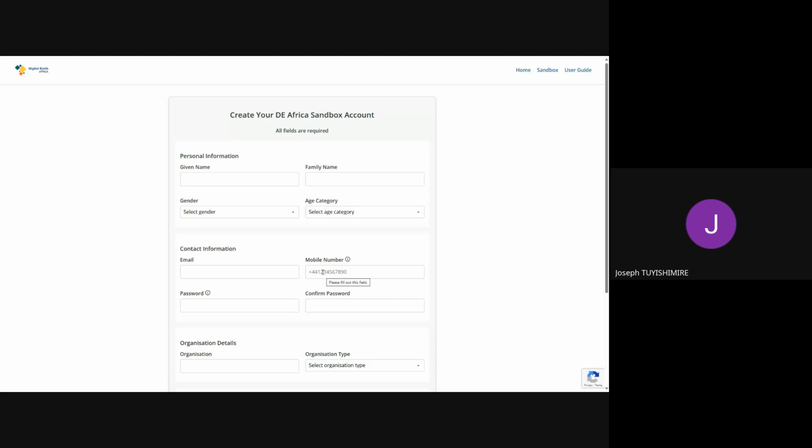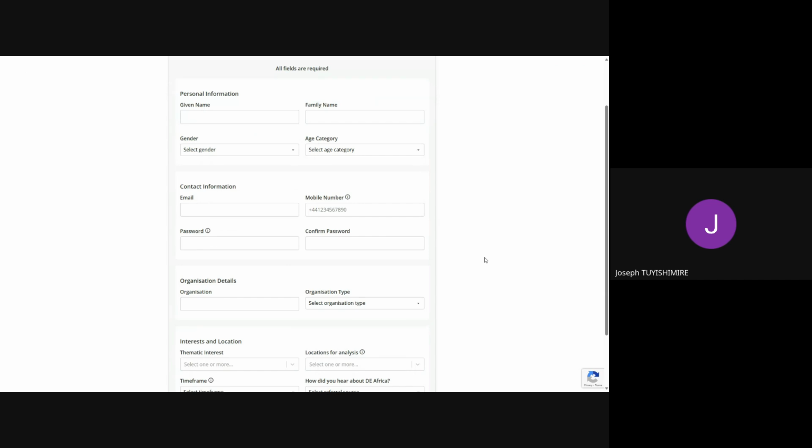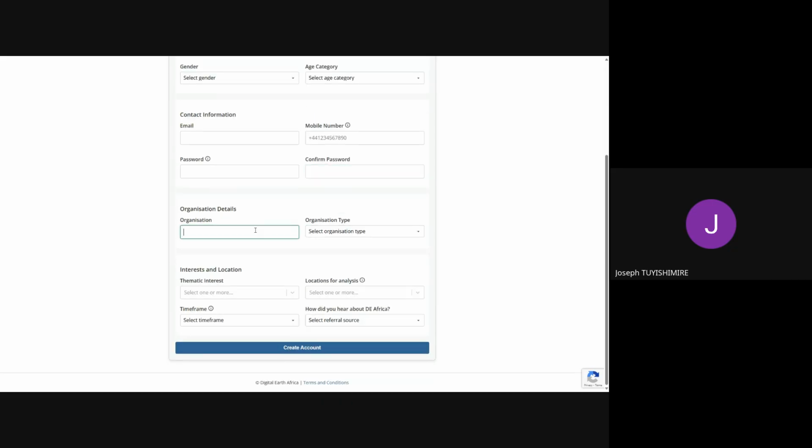This is very important because you get activation codes via your phone and your email. You put a password and confirm it. You can put organization details, the type of organization, whether academic, government, NGO, or private, and some thematic areas of interest.